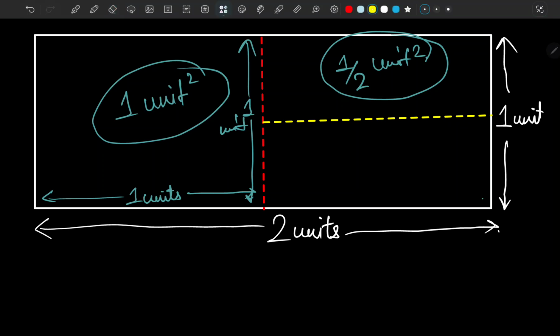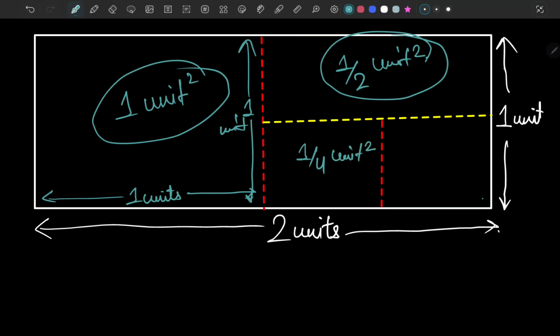And what I'm going to do next with the rest of the rectangle, which is around 1/2 unit squared of area, I'm going to divide it again into half equally, right? We had 1/2 here, but now we have divided into two equal parts, so that's going to give us 1/4